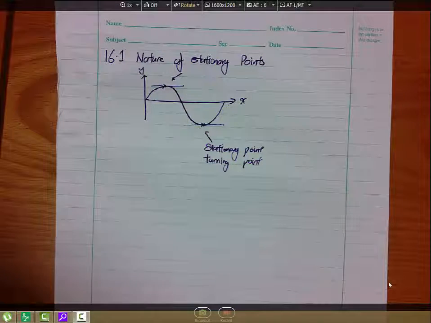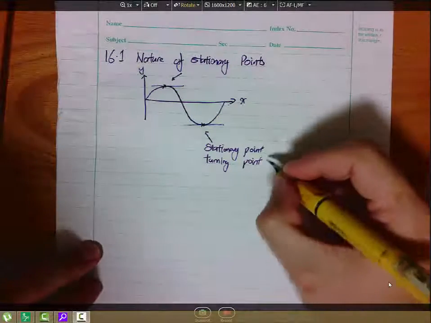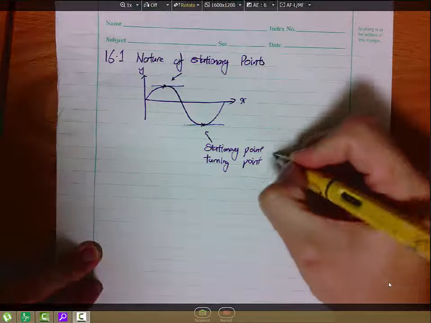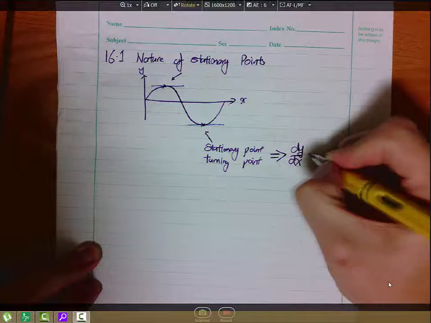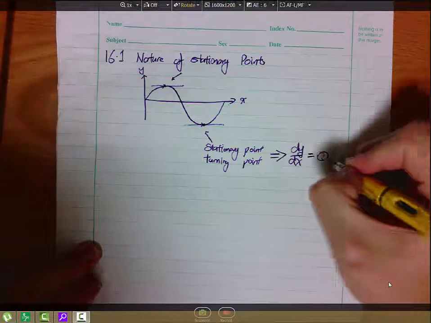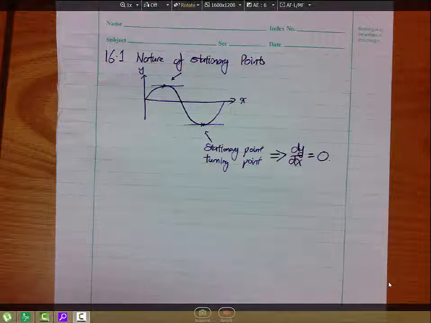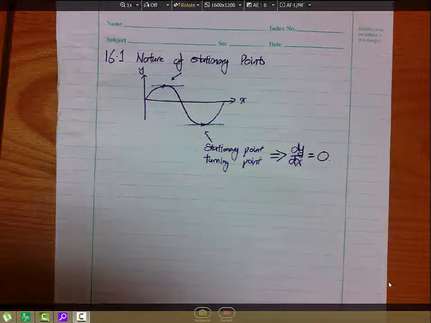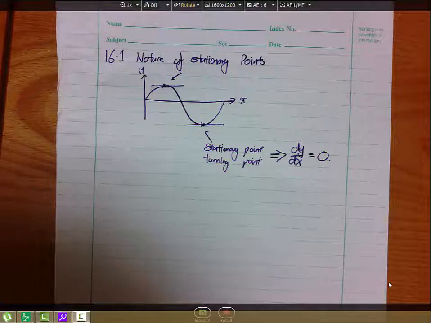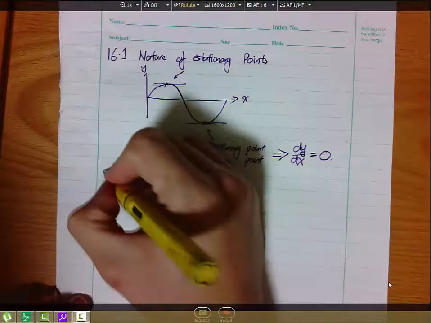So in essence, what it means is this: for stationary points or turning points, the gradient at these points, or dy/dx, is equal to 0. So that is the first thing that you will learn about stationary points. Without much further ado, I'm going to do some examples for you. I'll start from exercise 16.1,